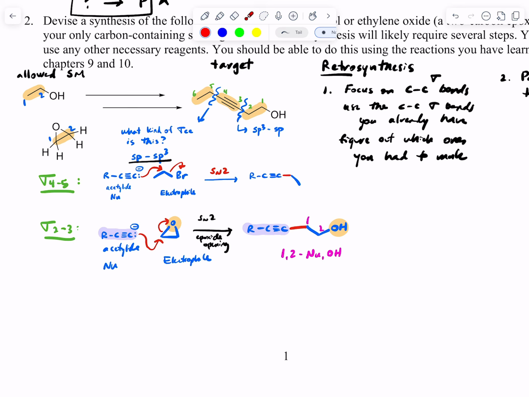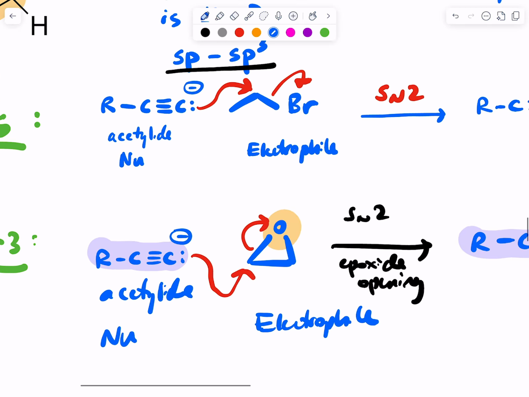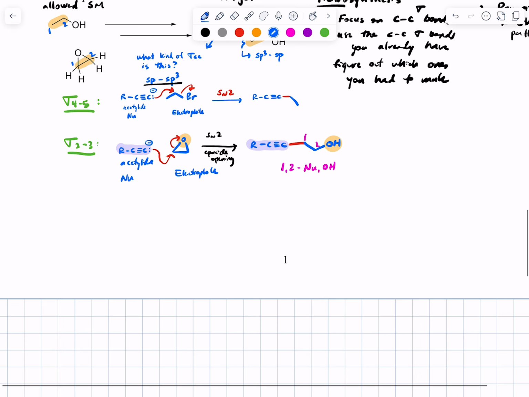Okay, first one, second one. Let's think about this. Ideally, you could start. We were generic about what the R was here. R could be either carbon or hydrogen. Ideally, before you do any of these reactions, your starting material is this, right? And presumably,